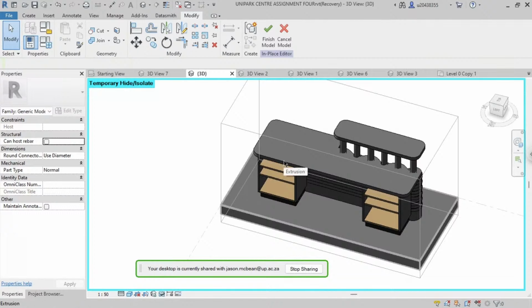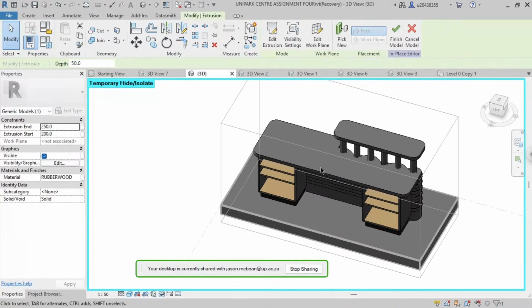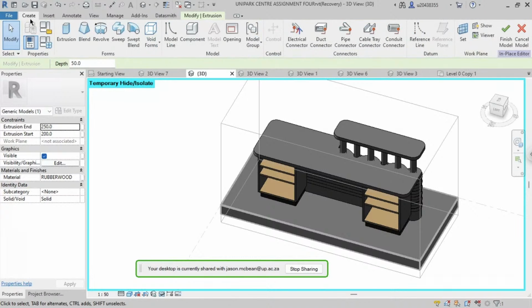Okay, now, the first thing I'm going to do is make some subcategories so that I'll put the correct stuff in the correct subcategory. So this worktop, for example, here it's got nothing, and you're saying rubber wood. The first thing I want to fix is just add subcategories. So if I go to manage,